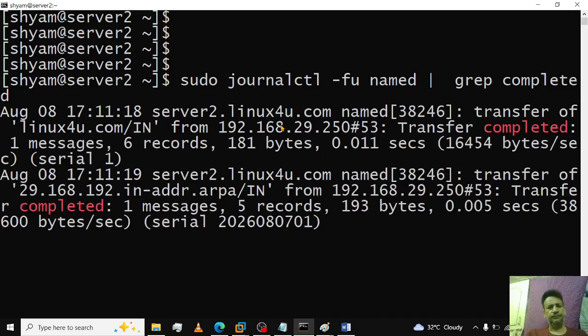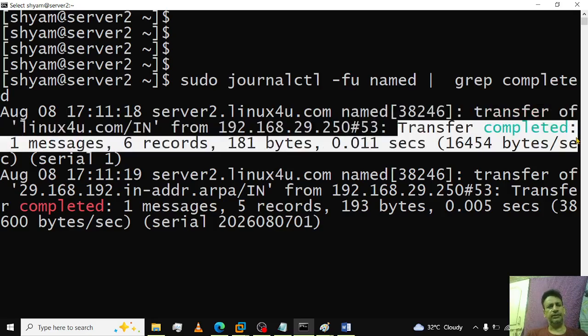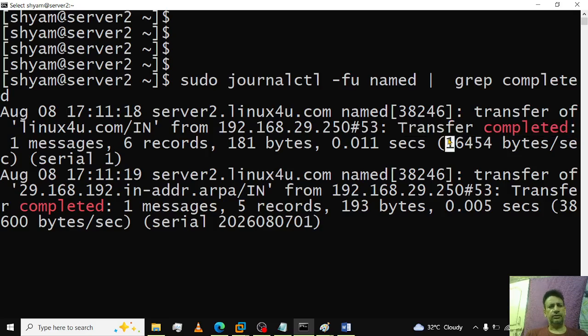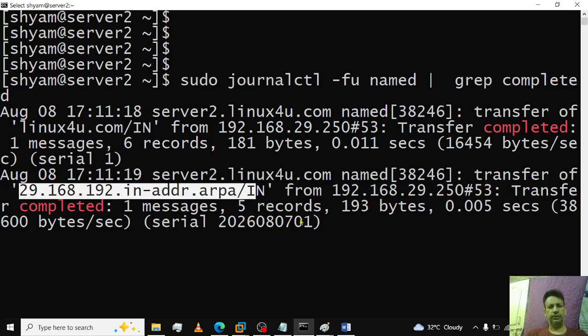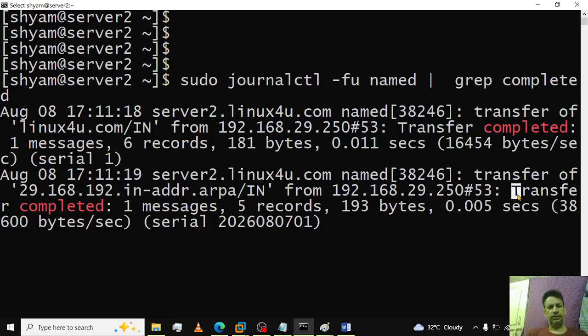Now you can see from 250, from my primary DNS server, the transfer is completed, right? It means the transfer of this zone is completed. Same way, the reverse lookup zone transfer is completed. Here you can see the message, transfer is completed. So this way, both zones have been transferred from the primary to the secondary DNS server, right? Successfully,